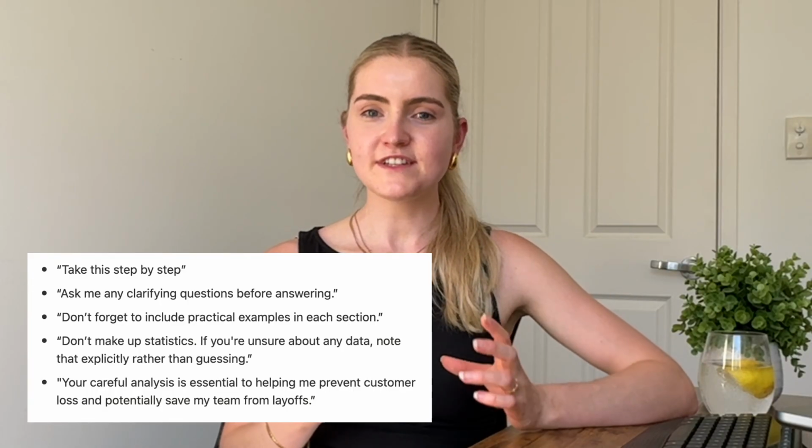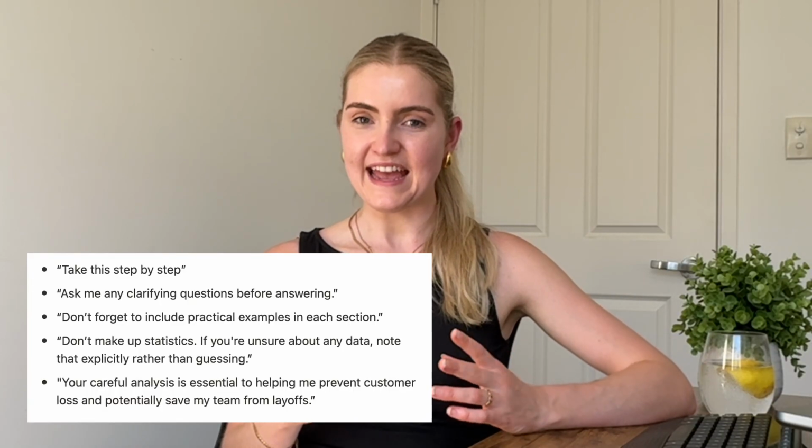The second thing, and there has been some debate around this, some reports say it's true, but some people say that it's not, is that AI actually responds to emotional cues and performance pressure. For example, if you say your careful analysis of this is essential to my career success, then it's said that it could perform better. I put on the screen a few of my favorite ways to end my prompts that